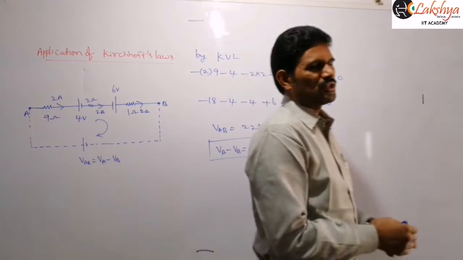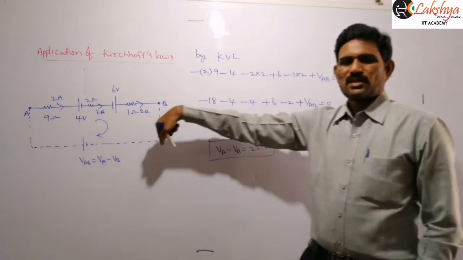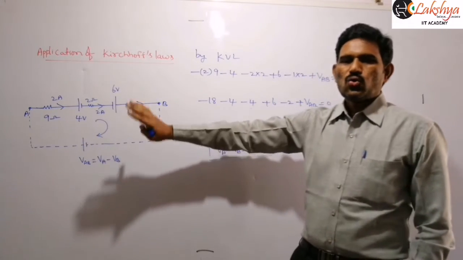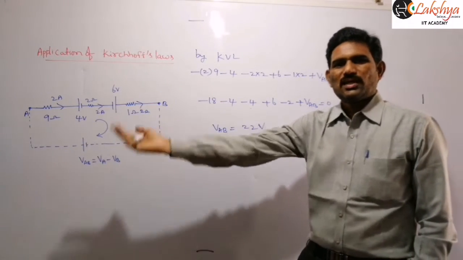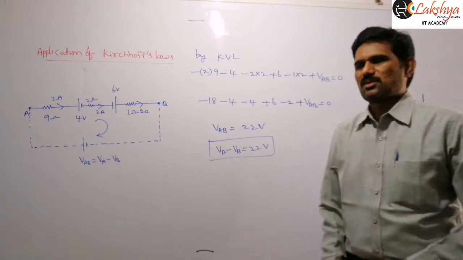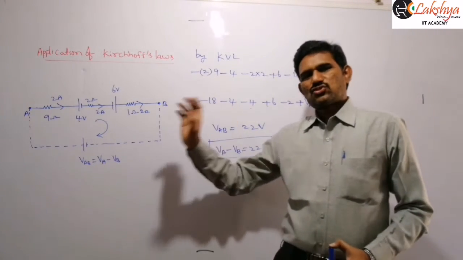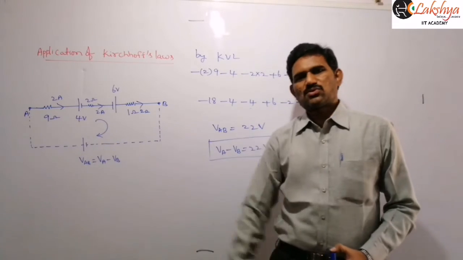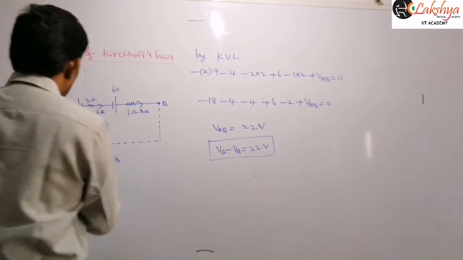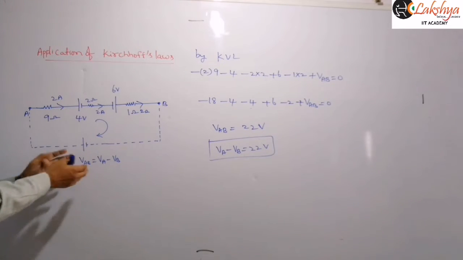In this method we are assuming that a cell is connected between these 2 points here. An imaginary cell is assumed to be connected between those 2 points whose EMF is equal to the potential difference between those 2 points, our required value. So that is one method, right? And you can also apply this Kirchhoff law directly without taking this assumption here, right? So first, while noting this, just write this assumption here because it is not given. We are assuming here.